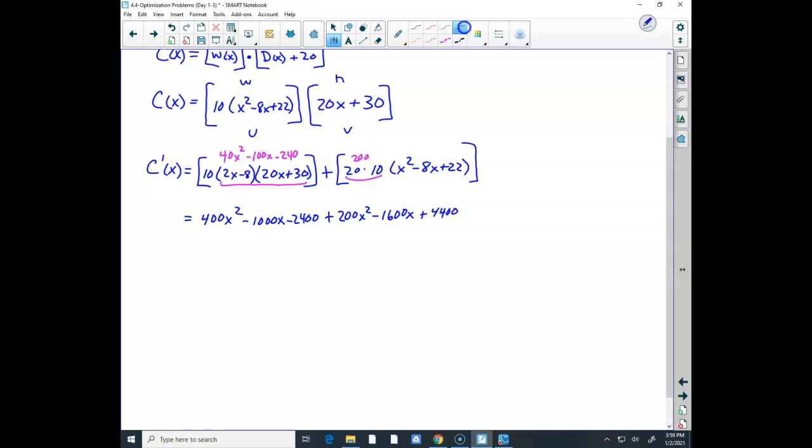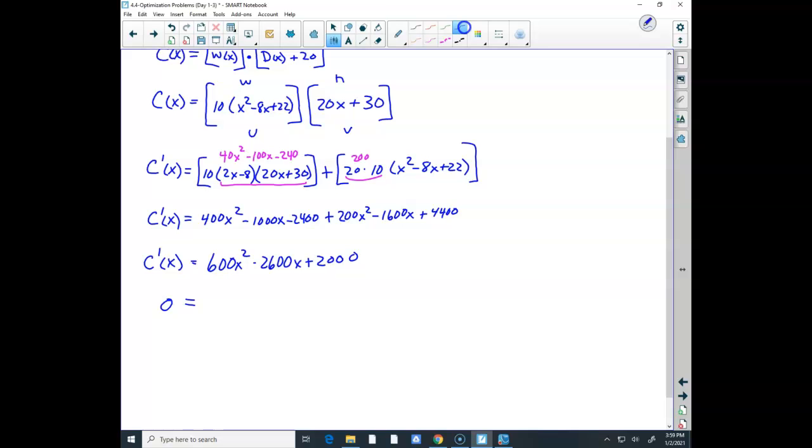I'm going to combine my like terms, because I haven't done anything. So the derivative, when I combine my like terms, is 600x squared minus 2600x plus 2000. Well, now I need to find my critical values,